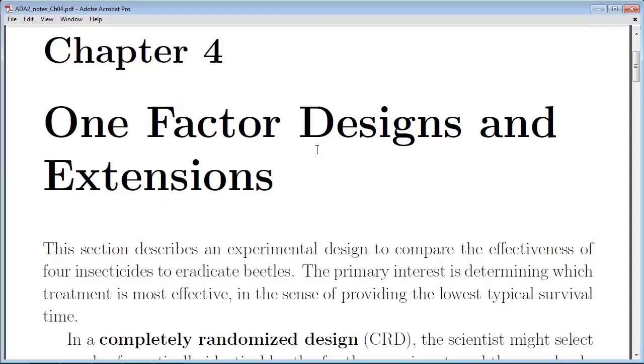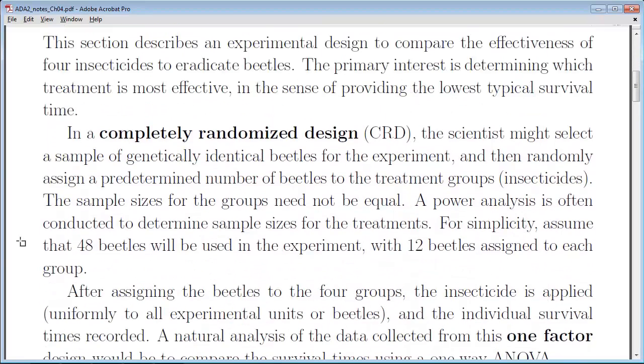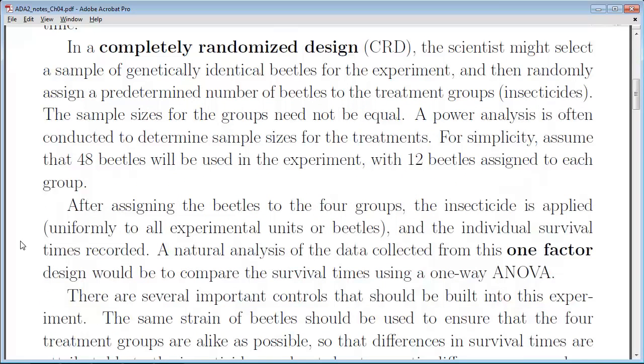So in this section, we'll describe an experimental design to compare the effectiveness of 4 insecticides to eradicate beetles. We want to know which insecticide is most effective, and we'll measure that by which gives the lowest survival time for beetles on average. So this is a situation where we can design an experiment, and